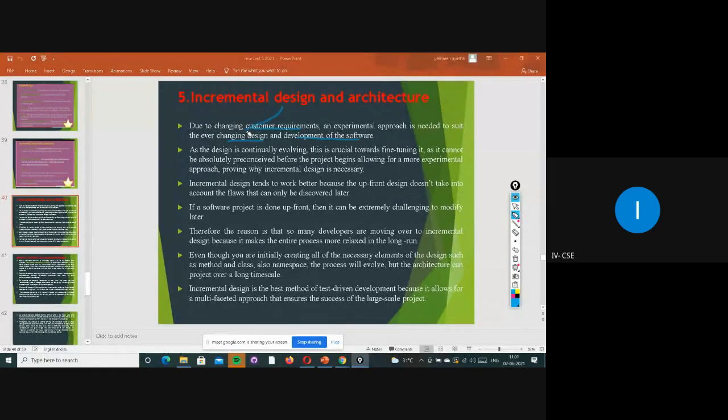The first thing is customer involvement should be there, based on the features and requirements he has given, and we are doing the work on that. If they are good, we add them, we change the designs, and we develop the software accordingly, right?